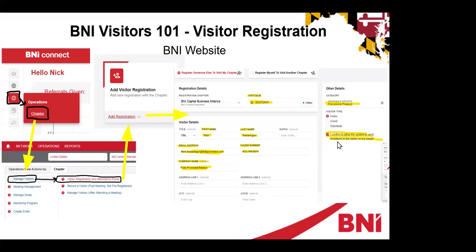Please, please, please, if you guys can fill out all of this information in its entirety, it would be much appreciated. It really does help us out as visitor hosts for our follow-up engagement related purposes. It sounds silly, but we've had people not even fill out the company name or their phone number, just write like 5555555. It doesn't look good for us as a chapter, right? If we have incomplete information, right? So if you have any questions about this, please feel free to reach out to me. Next slide, please.